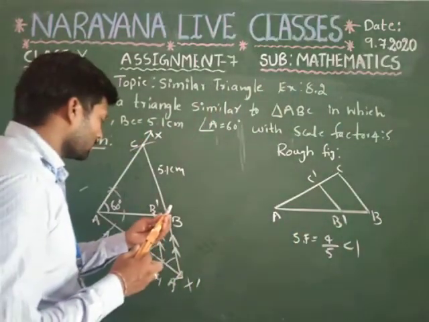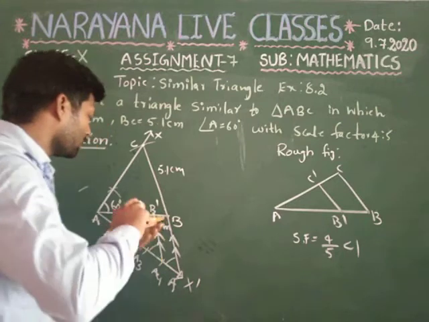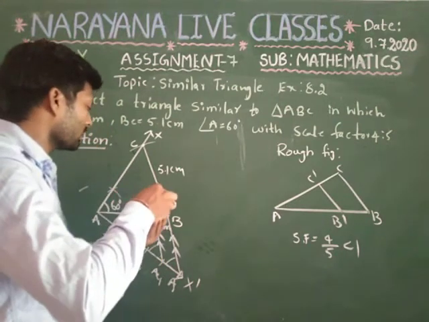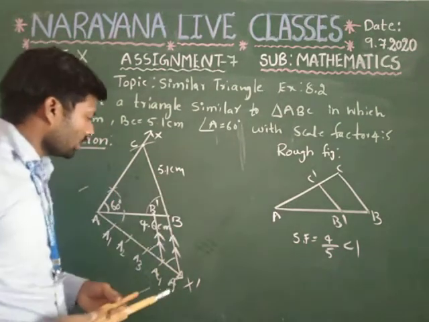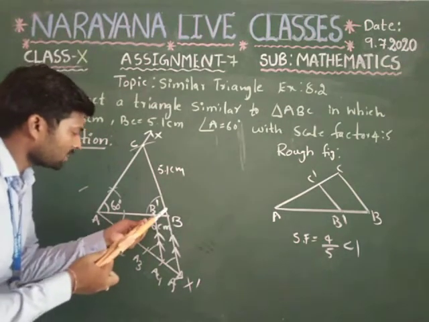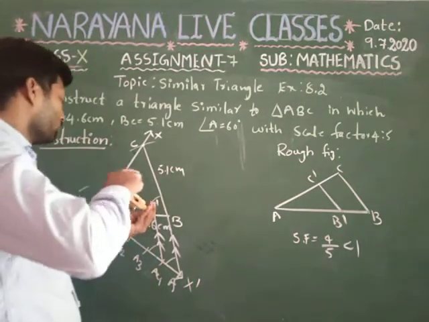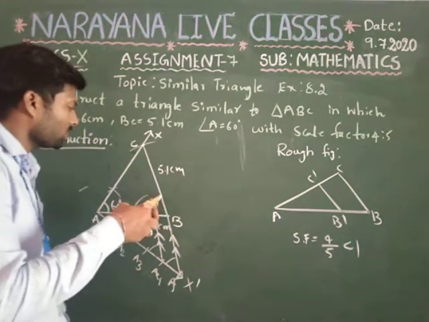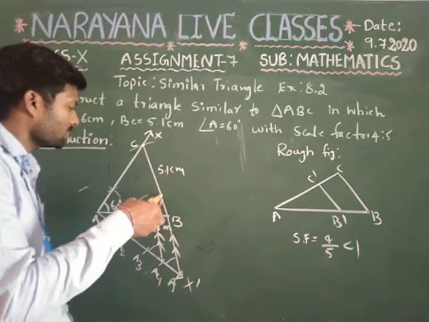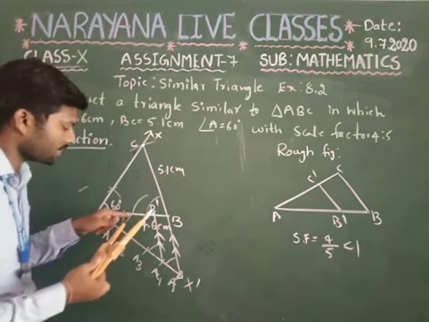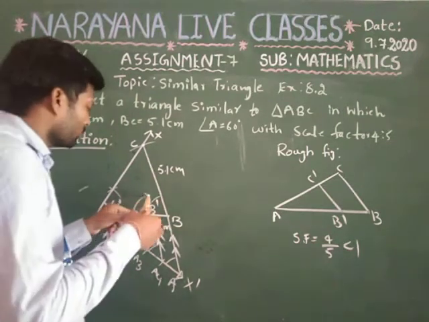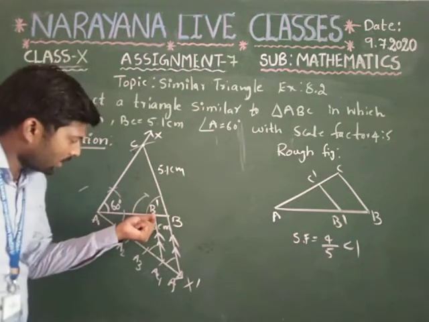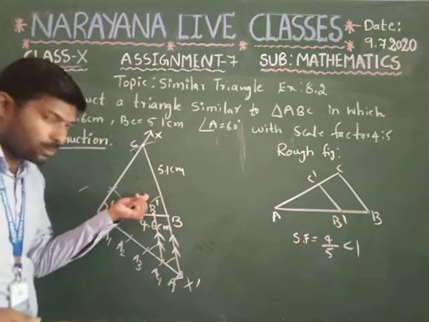The same steps, the same method, you have to draw a parallel line. Let's take this one as a radius and draw one arc. Again, from point B dash, draw one more. Now you have to take this difference. How much is this difference? This is the difference. Let's take this point as a center and draw an arc. Now draw the line which passes through B dash as well as this point of intersection.